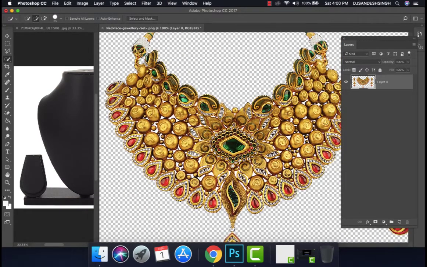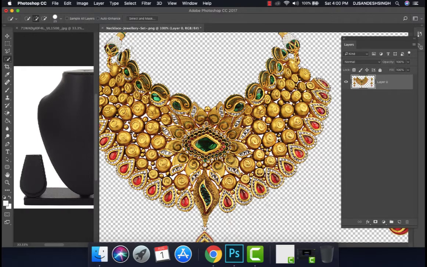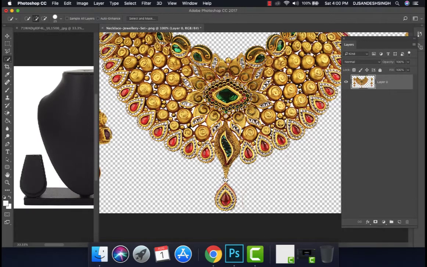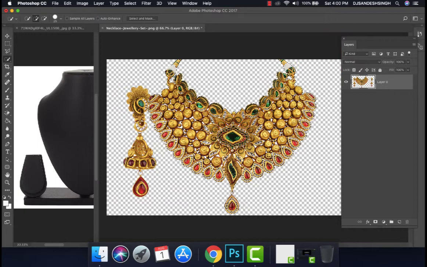So here we get the outer range selection. There is no selection left in between this jewelry, so that means we get a proper selection from the outer edge of this jewelry. Now I'm going to place this jewelry on the neck showcase.